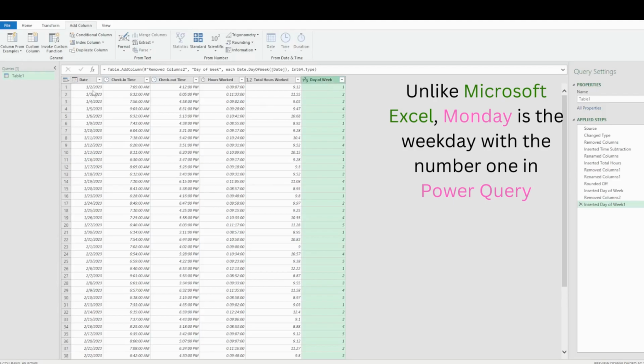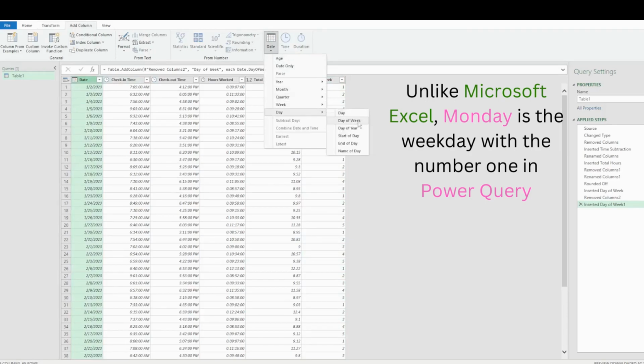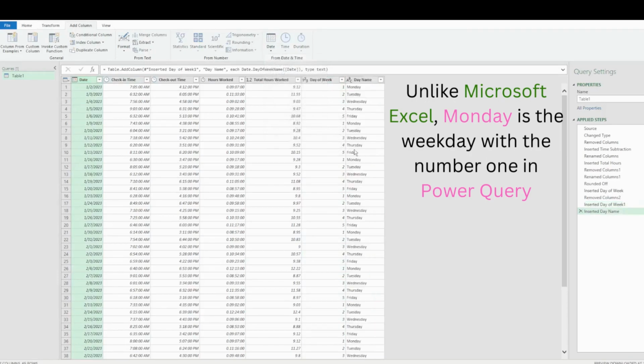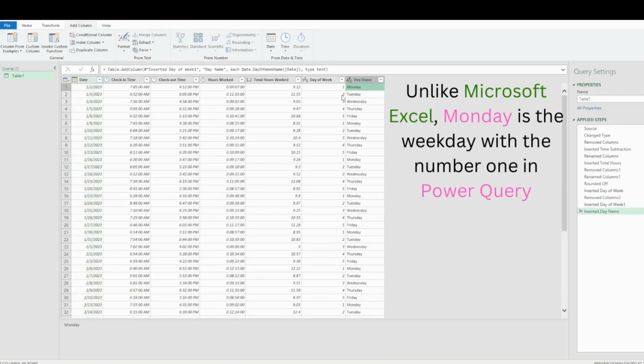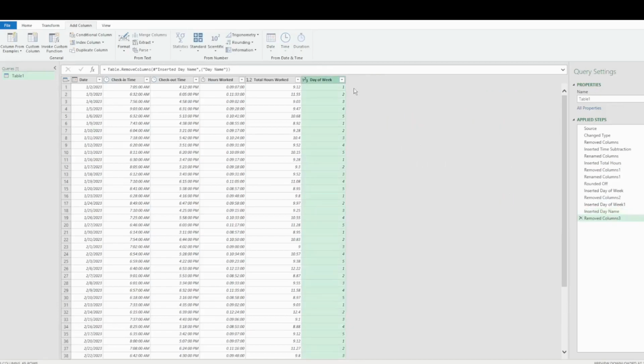So here, if we add the column with the name of the weekday, we can confirm that Monday is 1, Tuesday is 2, etc. Let's delete this column because we do not need it anymore.